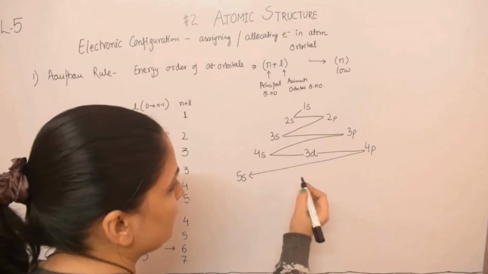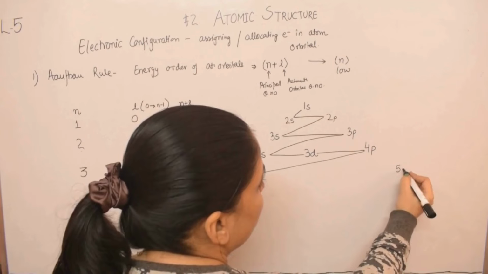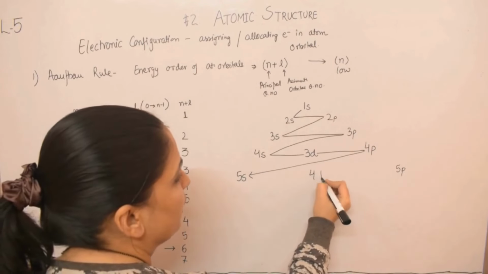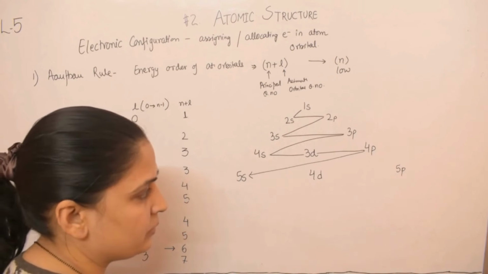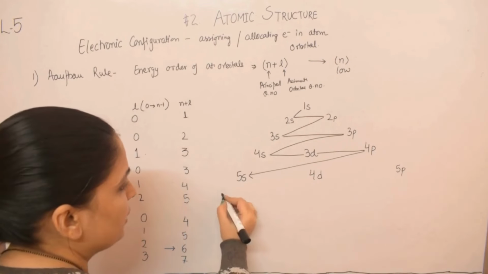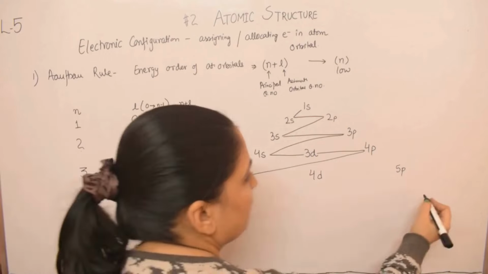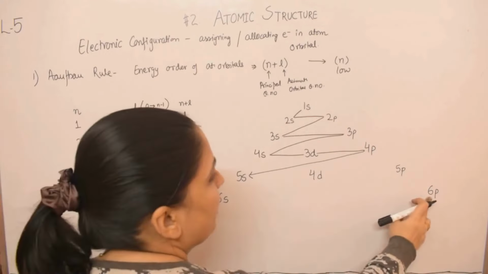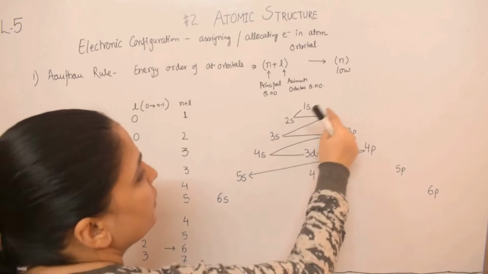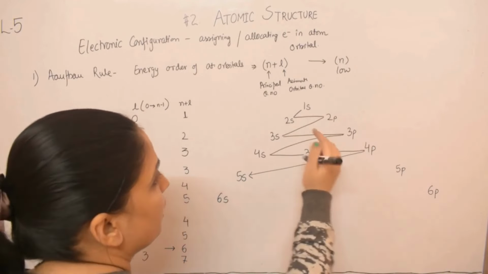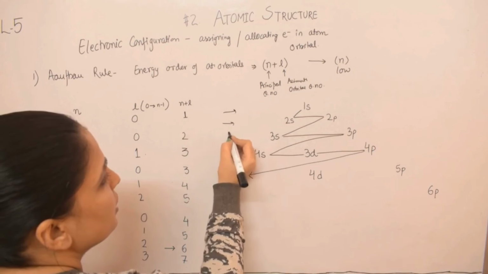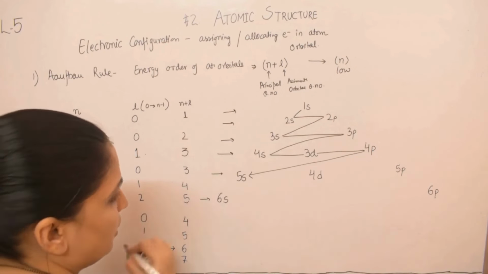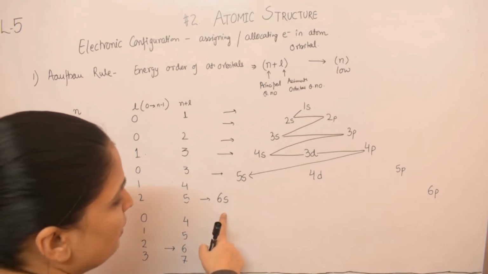Then 5s, and the last one will be 5p, and in between it will come 4d. Okay, and the next is going to be 6s. The edges are going to be the same n number, same shell. So every line is basically a shell: the first shell, the second shell, the third shell, the fourth shell, the fifth shell and the sixth shell. So sixth shell will have